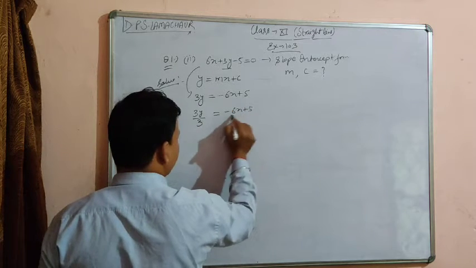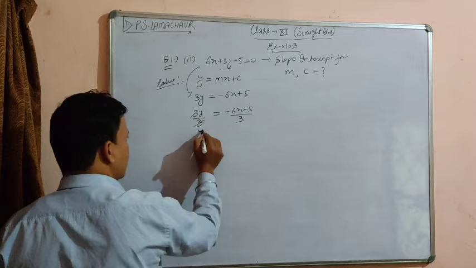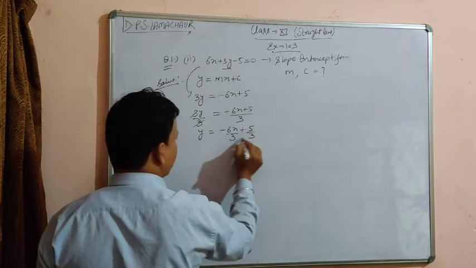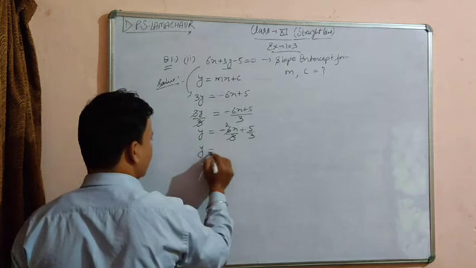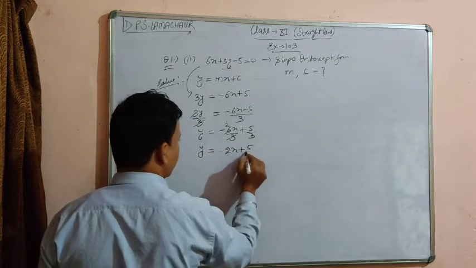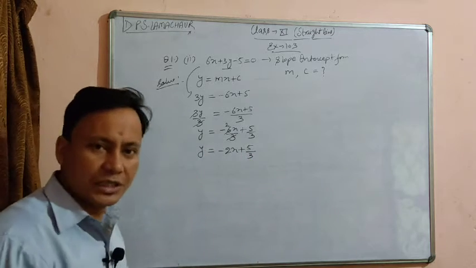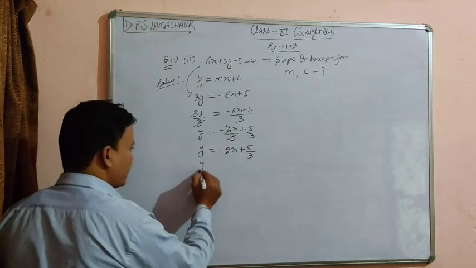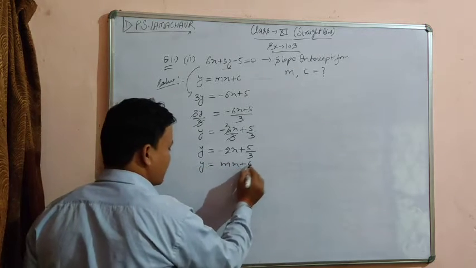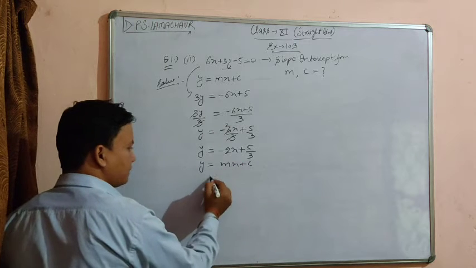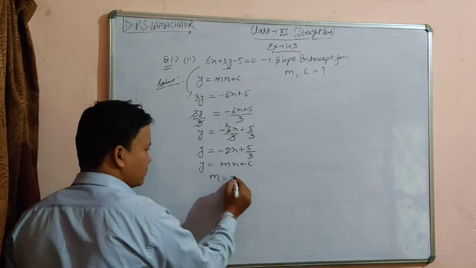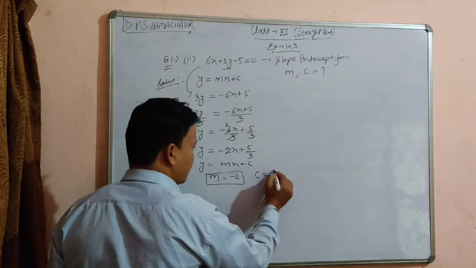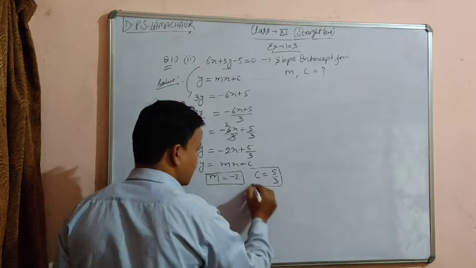Minus 6x plus 5 upon 3. So this will be cancelled out. So y is equal to minus 6x upon 3 plus 5 upon 3. 3 twos are 6. So y is equal to minus 2x plus 5 upon 3. Now it is reduced in terms of slope intercept form. On comparing with y is equal to mx plus c, coefficient of x is m, and here the coefficient of x is minus 2. So slope will be minus 2 and y-intercept, which is c, is equal to 5 by 3. This is the final answer.